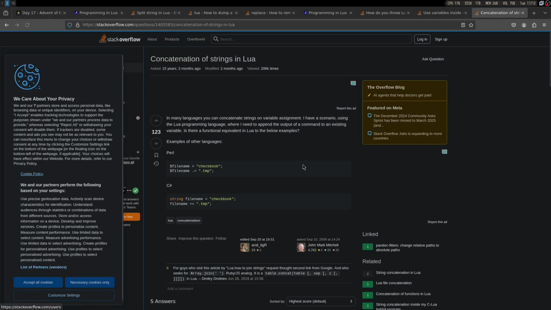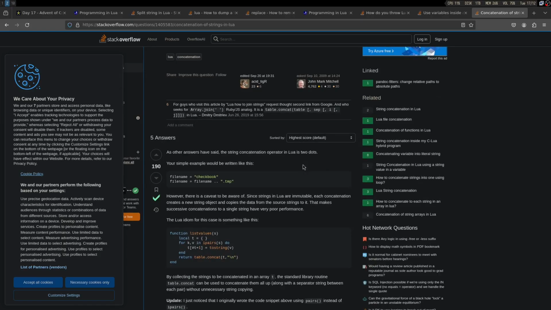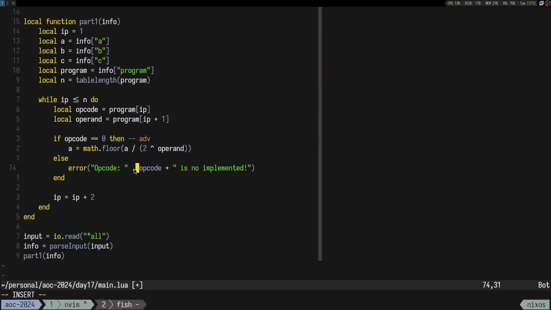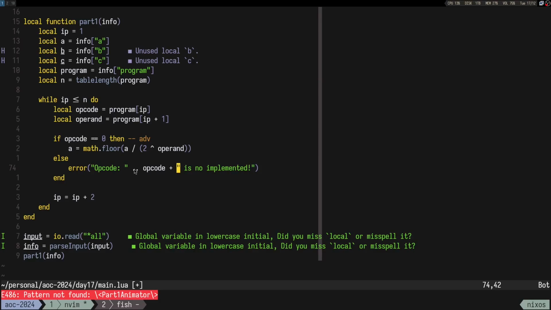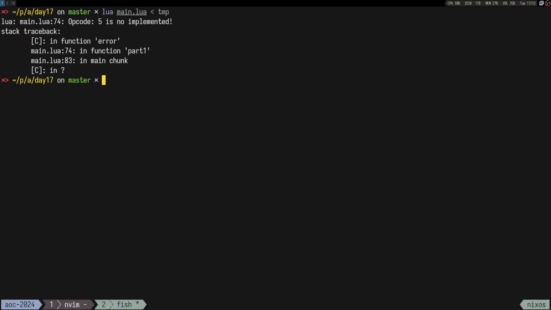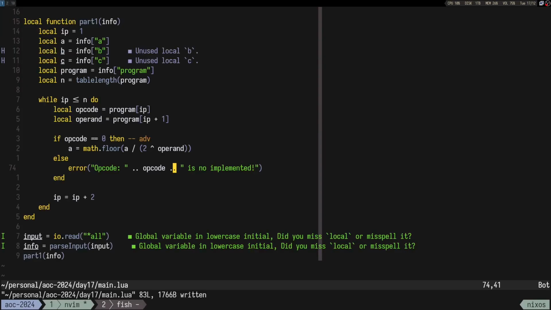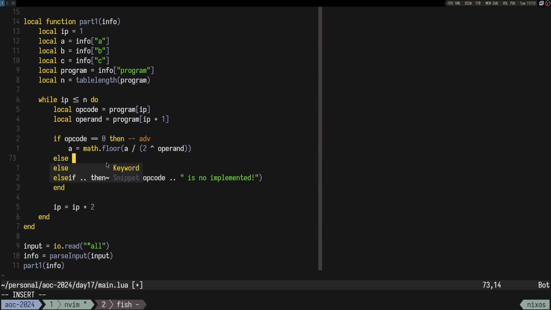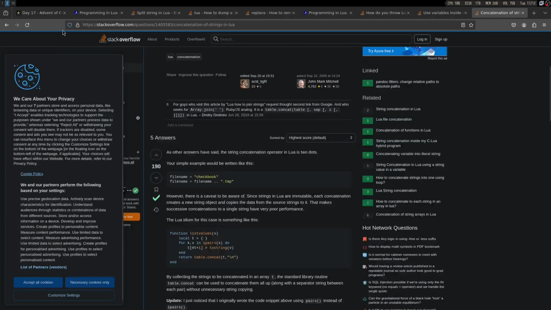Lua concat string. I thought it's plus. Yeah, I remember it's something like the same character twice, but I didn't know which one. And nice. So operator 5 is not implemented. So let's, I mean, logically I have to say opcode is equal to 1, then implement all of them, but